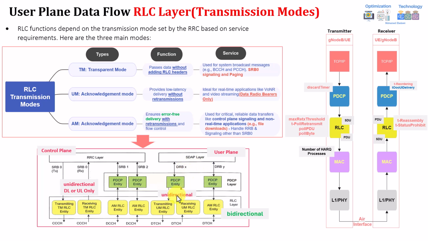And this is actually bi-directional, not uni-directional. As you can see, the acknowledged mode is bi-directional, working as transmitter and receiver at the same time, while UM mode works in a single direction. Now let's move to the next part about the functionality of the RLC. Then we'll take it one by one to break it down with visualization examples.